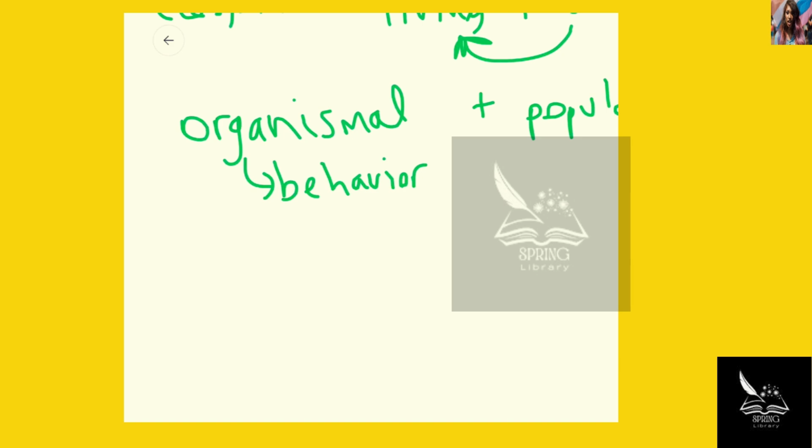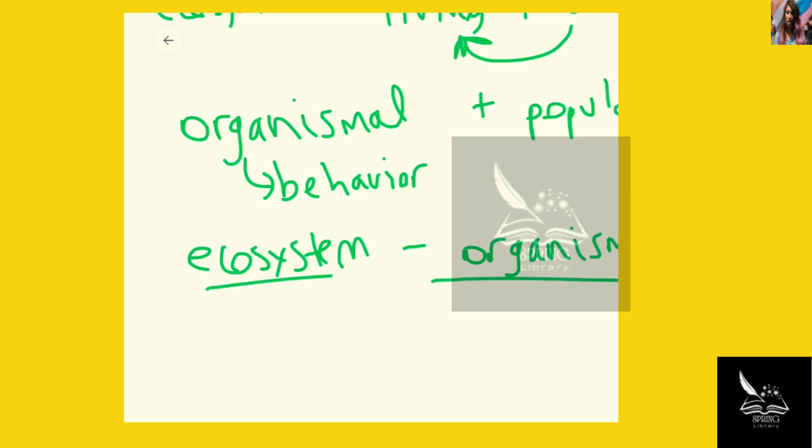An ecosystem ecologist is going to want to know about how the organism's adaptations work so that they can understand how it interacts with the non-living factors in an area. So even though they're the farthest apart, they have a pretty close connection with each other. So those are a couple of good ones.